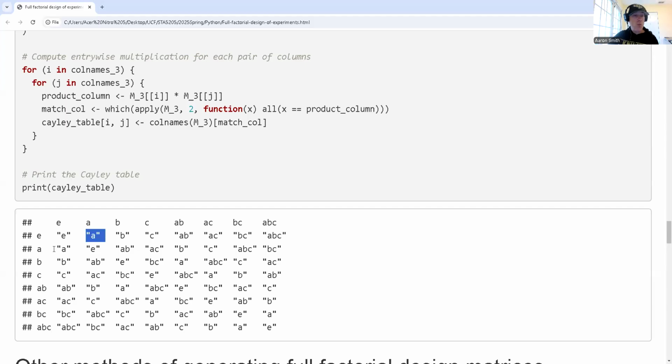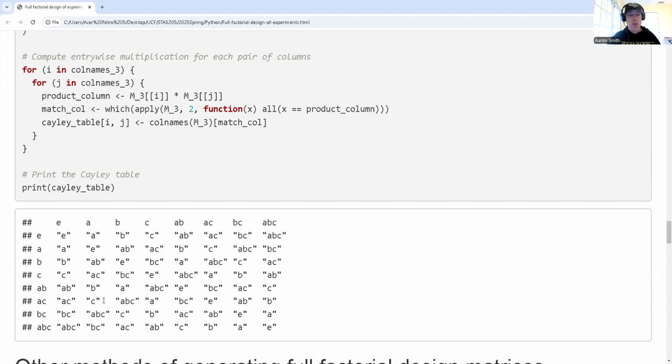Notice that this entry equals that entry, this entry equals that entry, this entry equals that entry, this entry equals that entry. I can keep on going here. This equals that, this equals that. Okay. So another thing that you will notice, since I have additional mathematical structure on this, is that